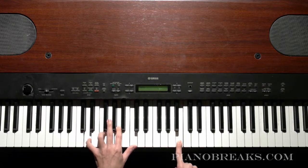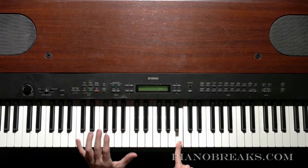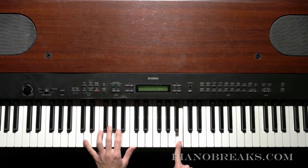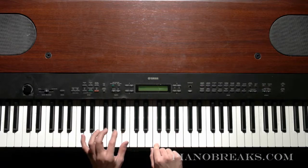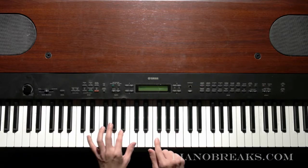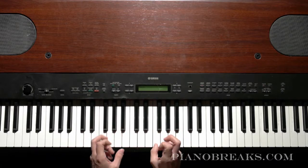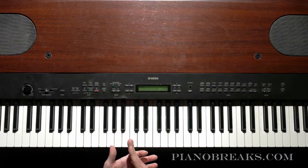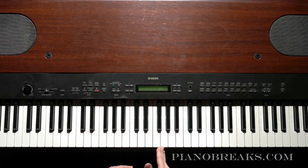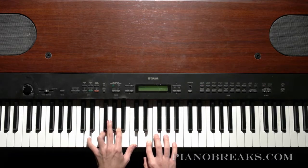It's really easiest for you to watch this and just do exactly what I'm doing. So I'm going to do this as slow as possible so you can see what I'm doing here. But I'm playing the chord, and then I'm playing a note with my right hand, playing these notes with my left hand, alternating, and then I stop at the end of the bar, or at the 4th beat or the 8th beat, wherever I'm going to change chords, and then I just repeat that whole process again. So I'm going to go chord, right hand note,